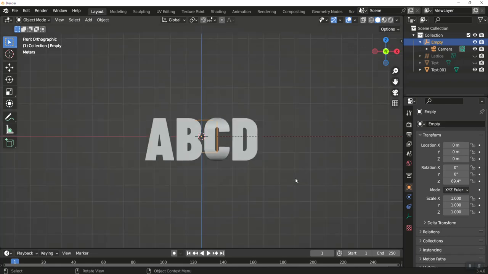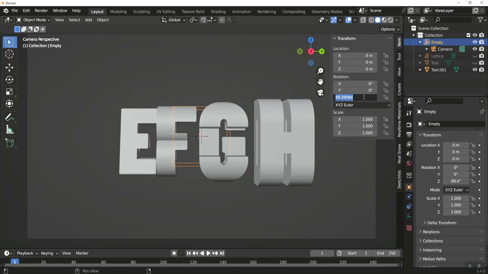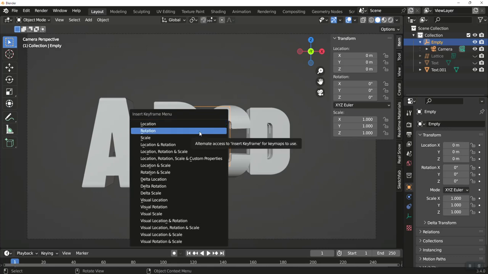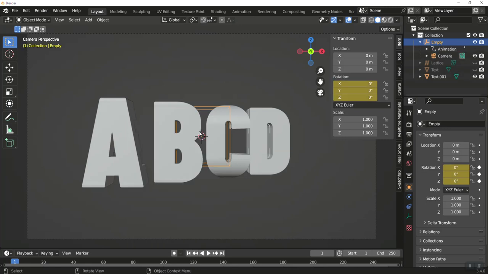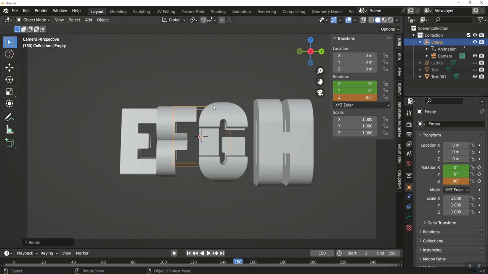Let's get 0. And let me go in. Let me get my Z rotation back to 0. And so here's what we're going to do. On timeline 1, we're going to set a keyframe on rotation at Z0, and then we'll just come over here to say 150, and we will rotate Z90, enter. We're going to lock that rotation,